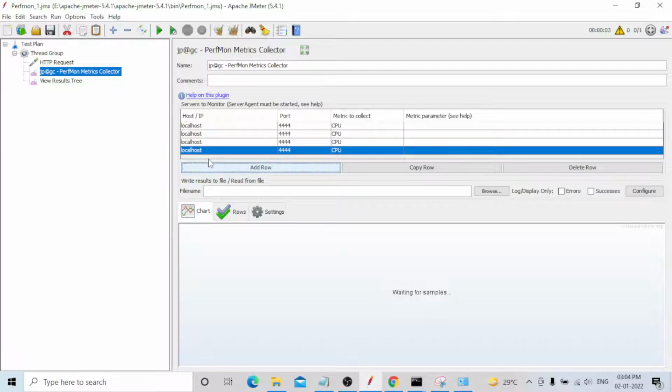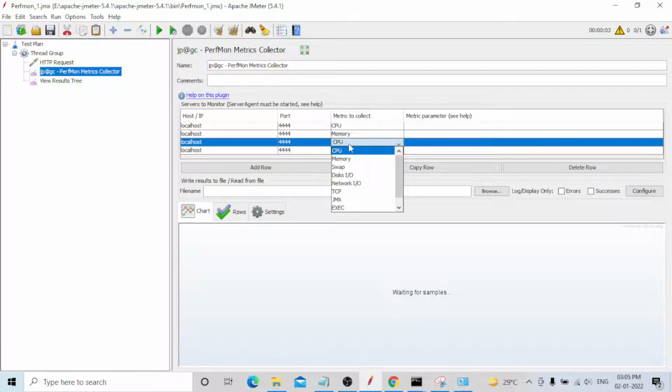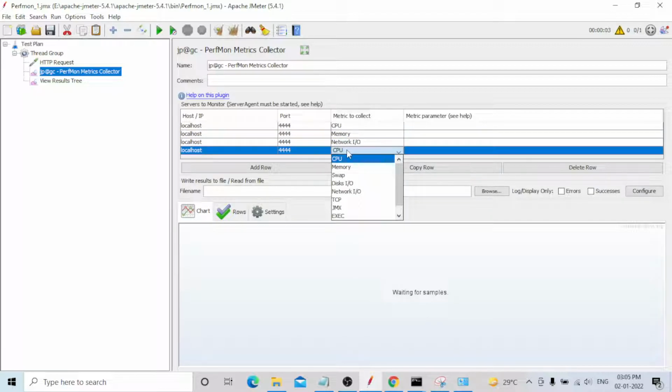Same machine, same port. The port will be the same for any application. And you need to select the metrics. You can see there is a drop down box, and these metrics will be provided. I will select memory, CPU, network, and I will select the disk. Clients also are majorly looking for server side CPU, memory, network, disk only. These have the higher impact on the server while handling user load.